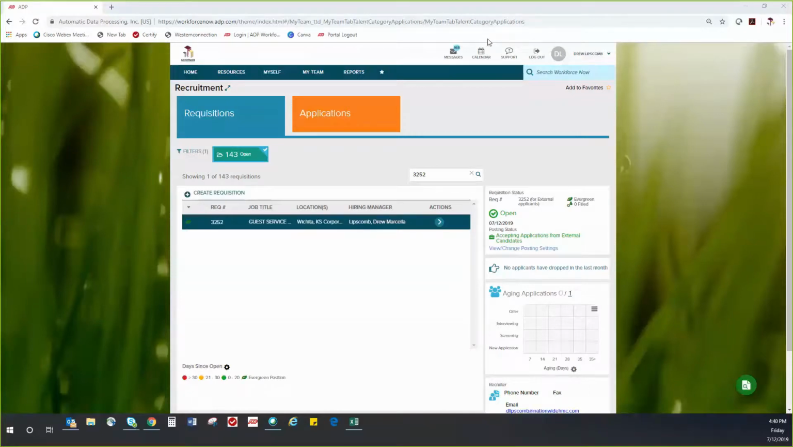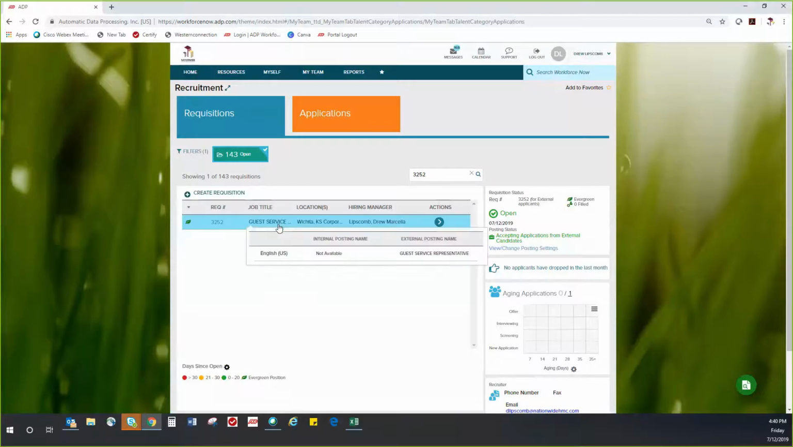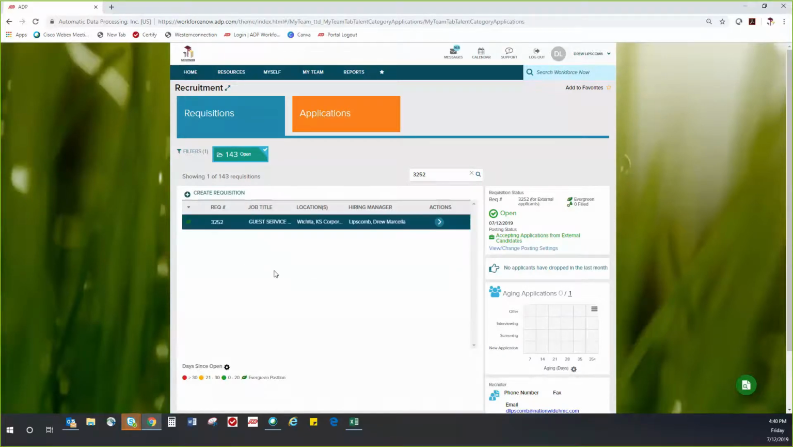In this video, we're going to go over how to close and reopen a requisition. So at this point, I have already filled the position for the GSR, and I no longer need to accept applications. So we don't want to delete it because we may need it in the future, but we do want to close it. So to do that, you're just going to click on the job title,